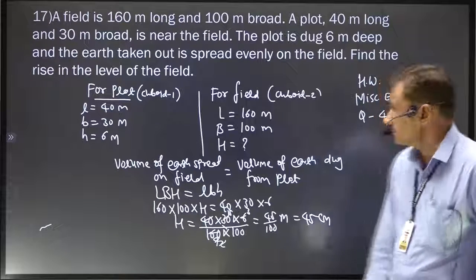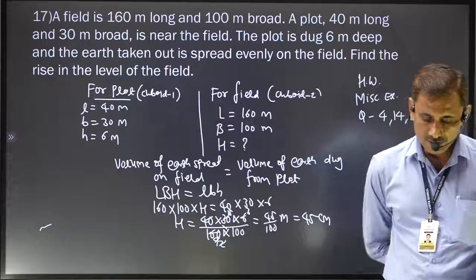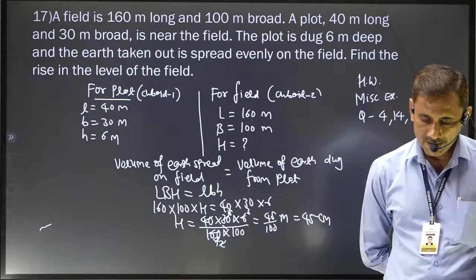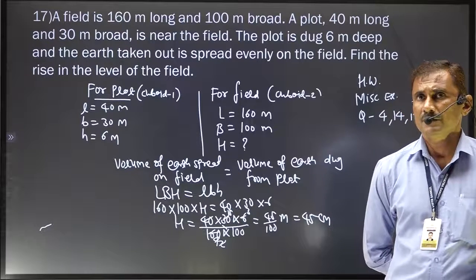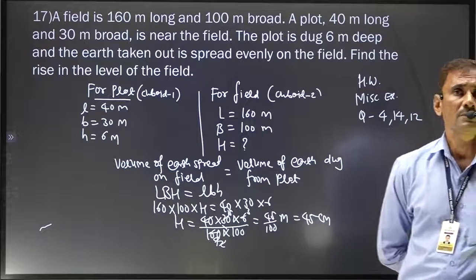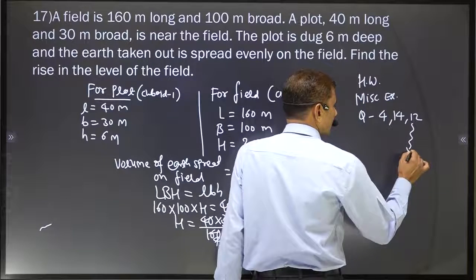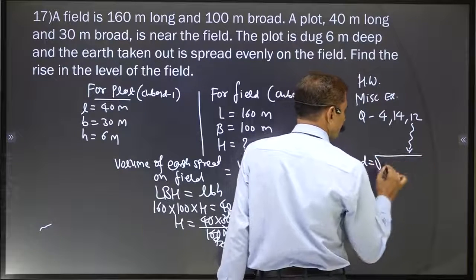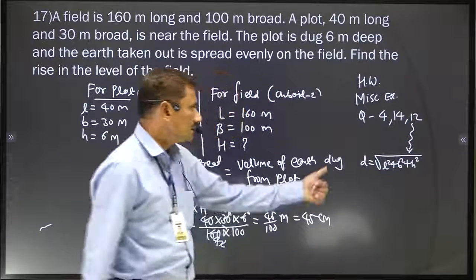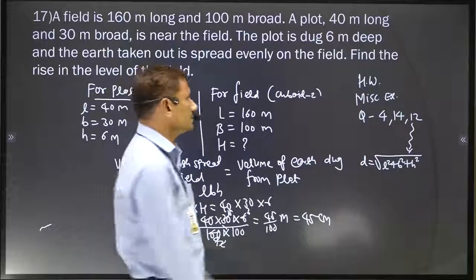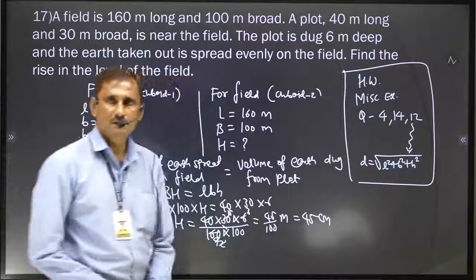Okay, in 12, it is somewhat new. Actually, in question 12 they are asking: the dimensions of a room are given, how long an iron rod can be placed inside it? So how long a rod can be placed? That is actually the diagonal of the cuboid. I have given you the formula of the diagonal of a cuboid: under root L square plus B square plus H square. So the 12th one you can solve using this formula. Understood? So these three sums I am giving you from the miscellaneous exercise only as today's homework.